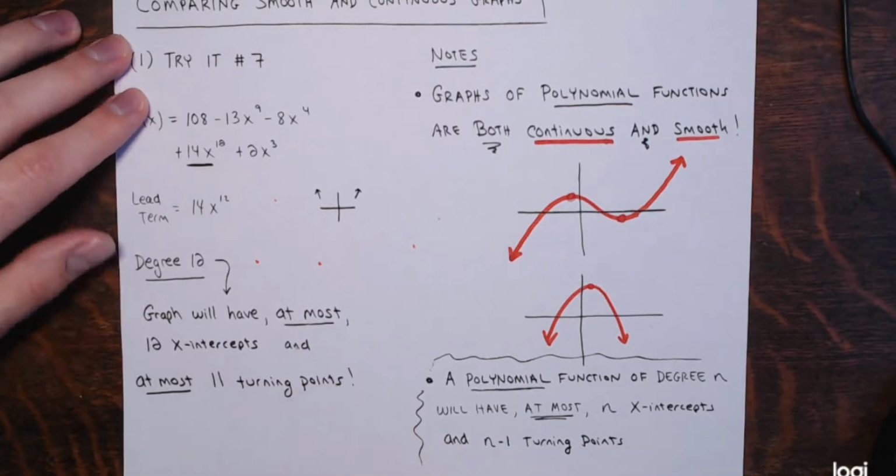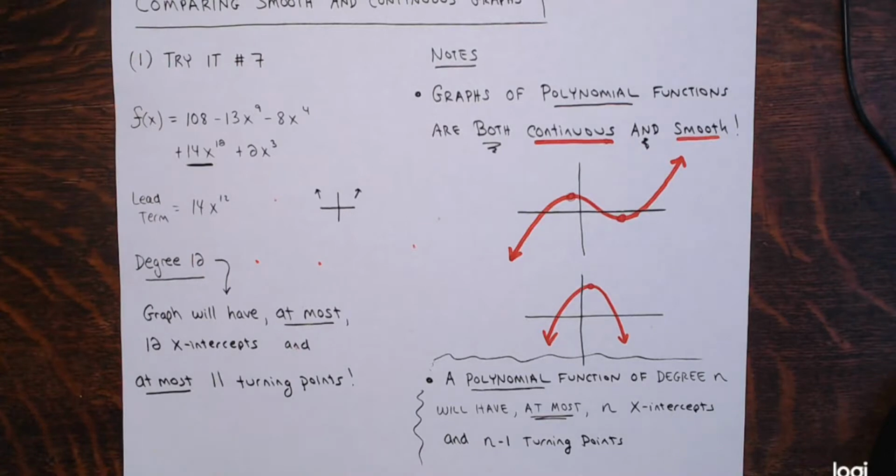And that's all they wanted, right? They said, hey, here's a polynomial function. If you know the degree, you can say the maximum number of x-intercepts the function will have. You can also say the maximum number of turning points the function will have, which will be here 12 and